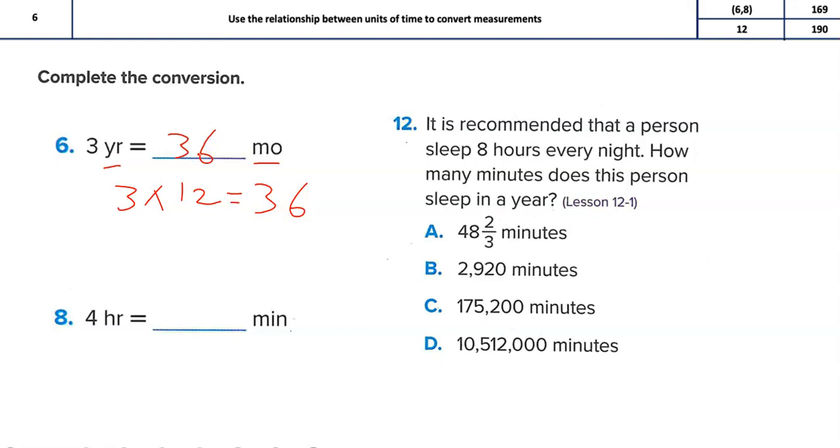Okay, let us convert hours to minutes, from large to smaller, because hour is larger than minute. How many minutes in 1 hour? If you remember, it is 60, so we multiply by 60. 4 multiplied by 60